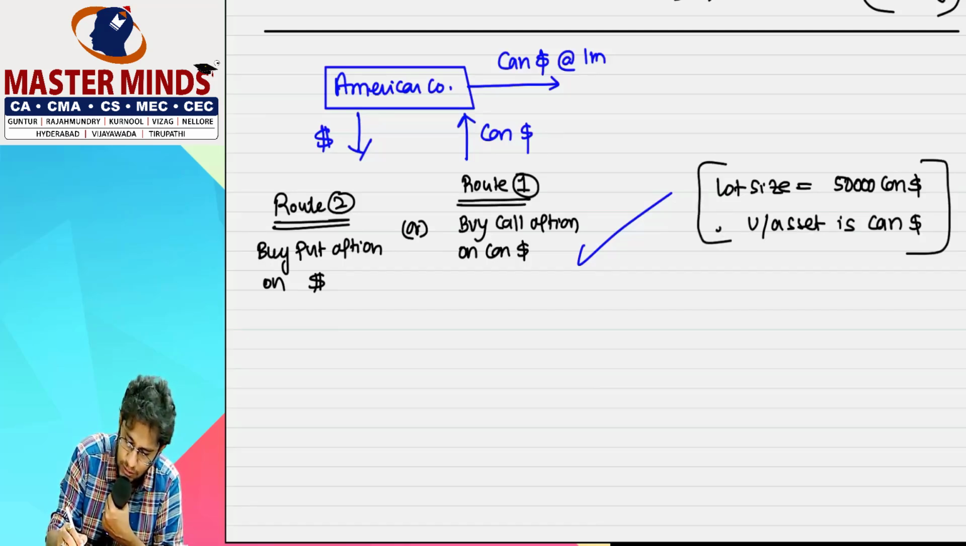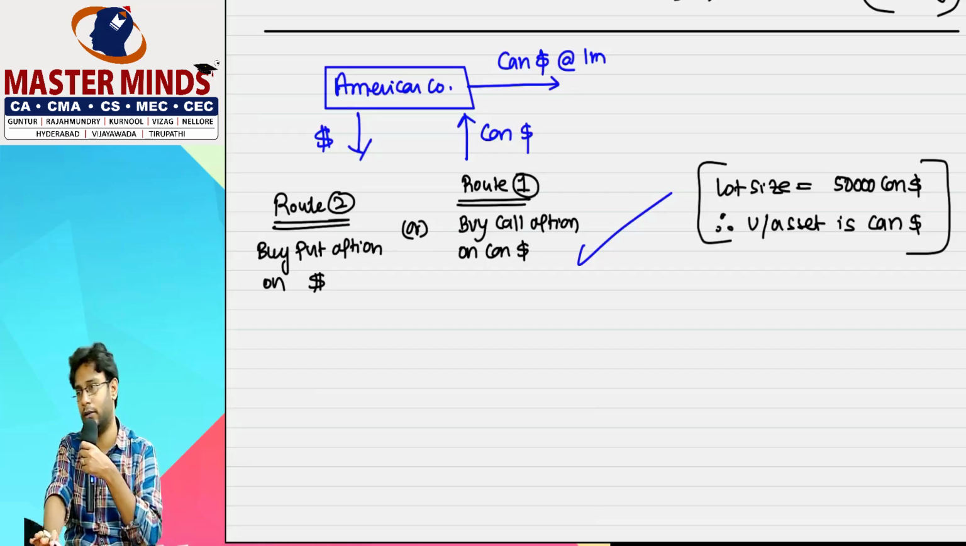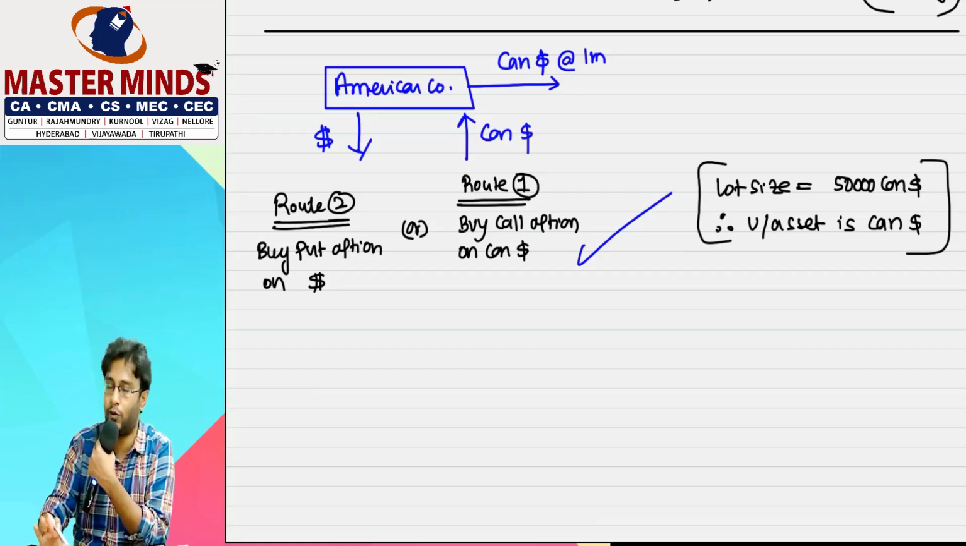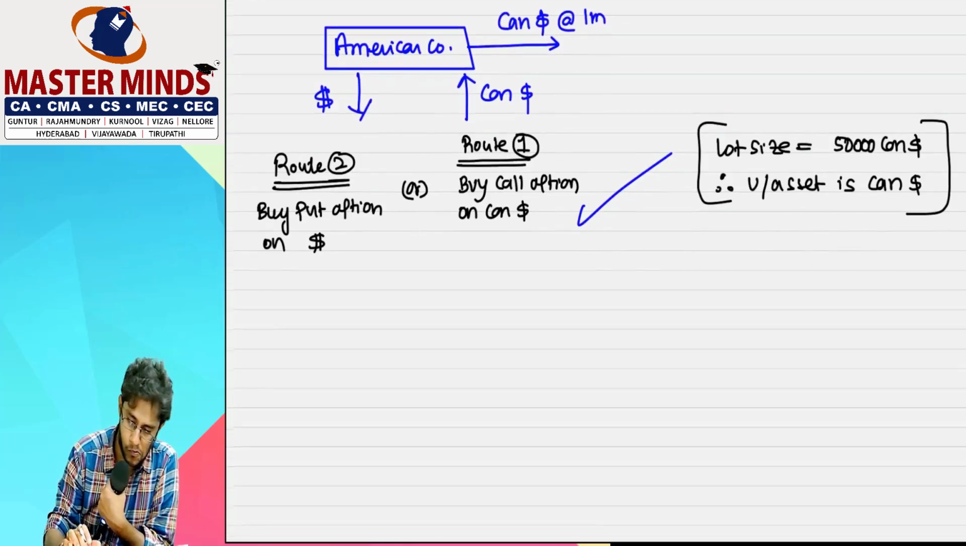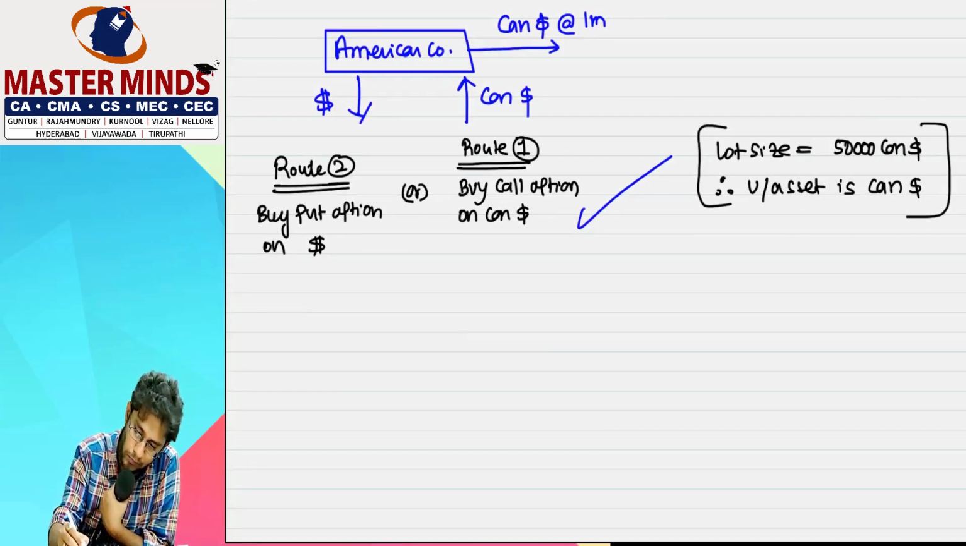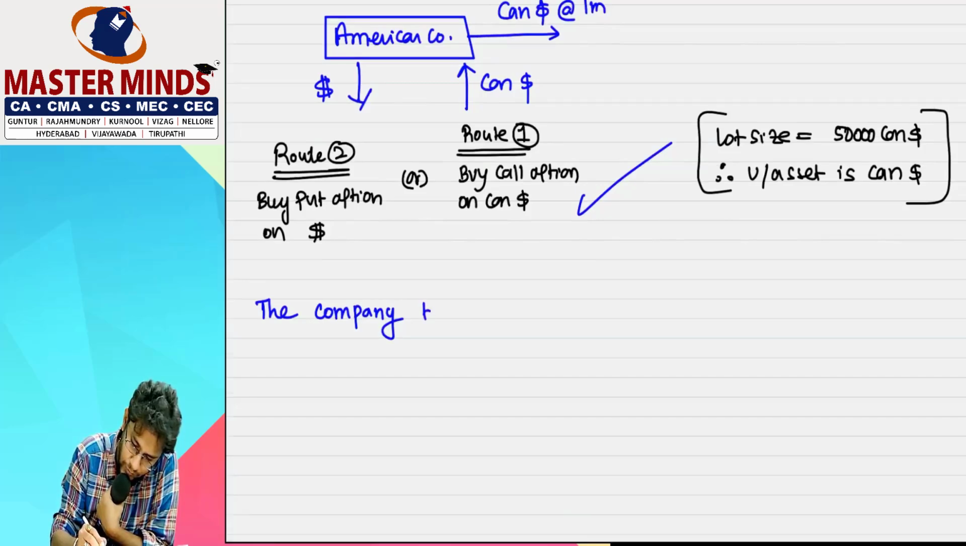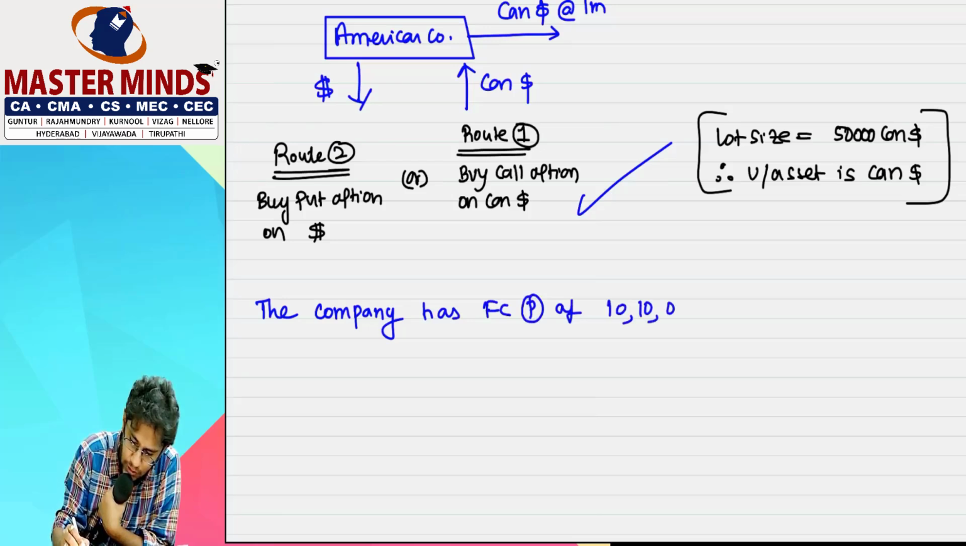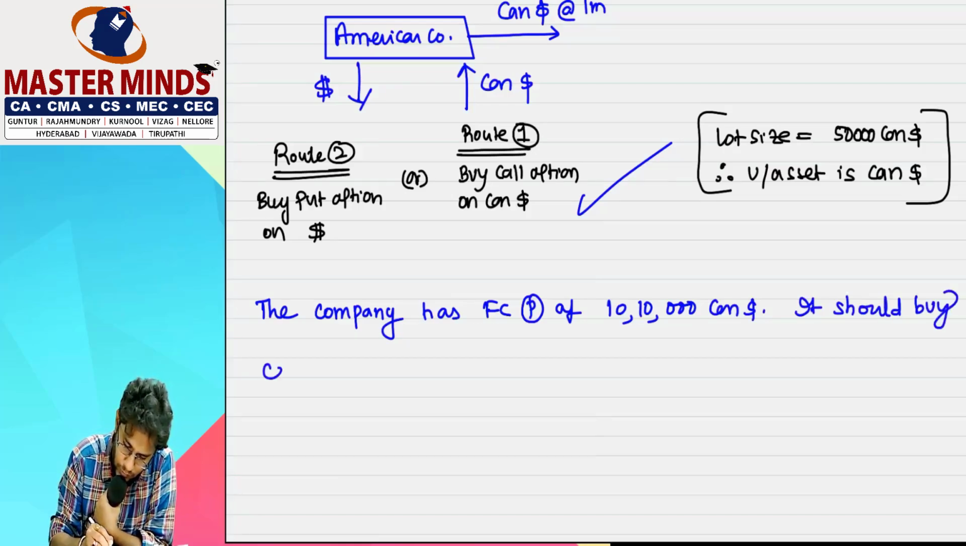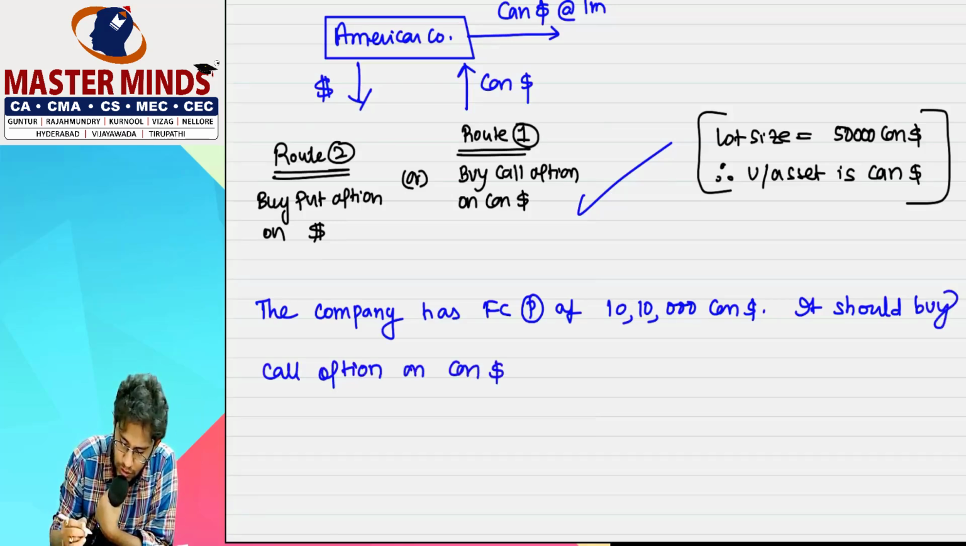Sir, the entire thing, if you don't write in the exam also, it's perfectly alright. Perfectly alright. This is for your understanding that we are writing, sir. The company has FC payable of 10,10,000 CAN dollars. It should buy a call option on CAN dollar